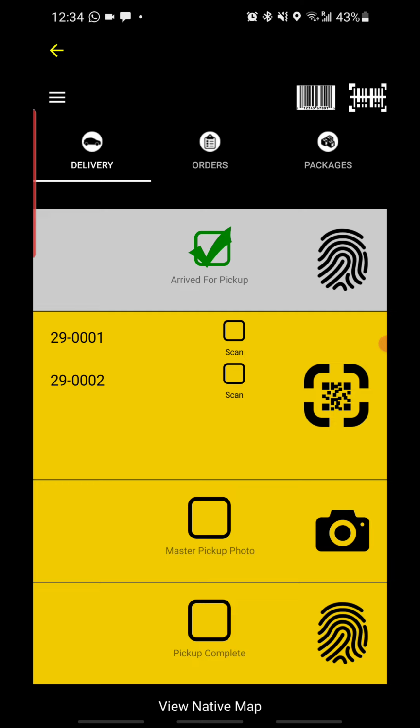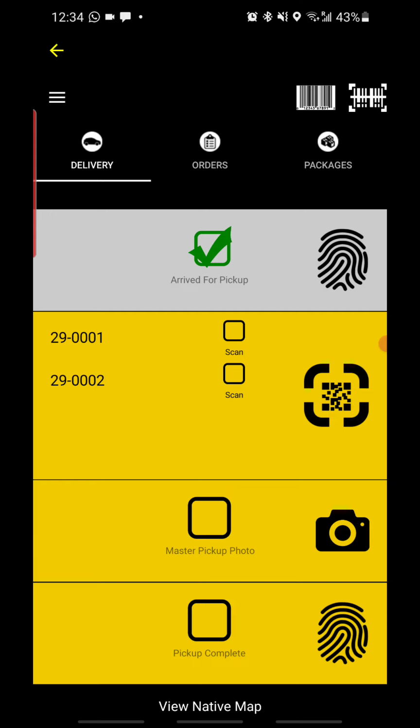While scanning, we will make sure that we are only scanning the right barcode which has Purolator PIN written below it. Please look carefully when I open the scanner and I select the barcode. This is the barcode right here and it says Purolator PIN below it. This is the barcode that we will scan in this situation. And it says scan successful. Once a scan is successful, it will show a tick mark against that package.